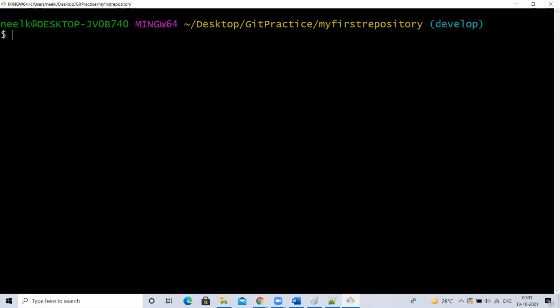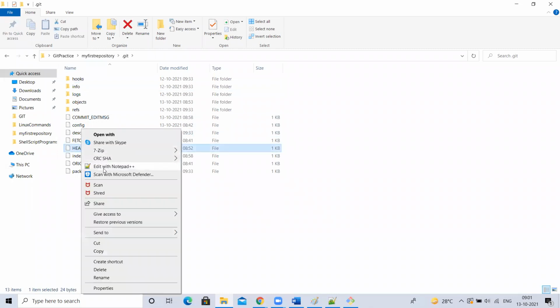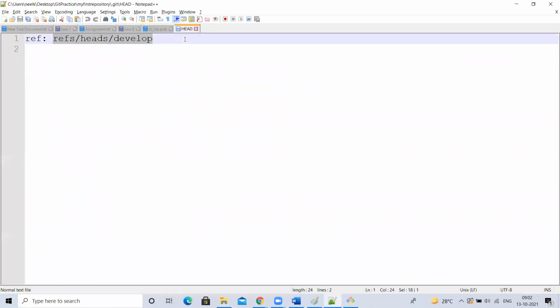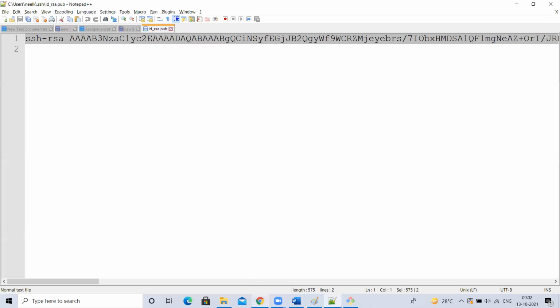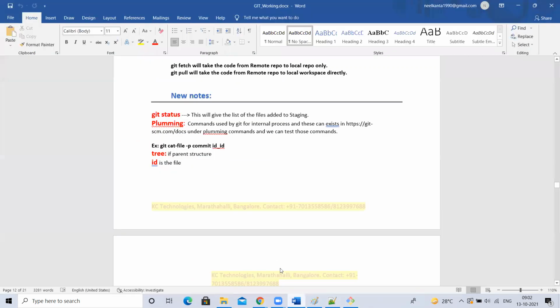But what will happen is when you use the checkout option to revert, this head file, instead of having the path for the latest commit ID, will get the commit ID directly. Instead of that path, it will get a commit ID here, which means the branch, the Git got corrupted. So you cannot make any further commits. You can revert, but after that, you cannot make further commits. Why? Because that has been like a corrupted thing, where instead of having the path in the head file, you are going to get a commit ID directly. So you cannot do further commits, right?